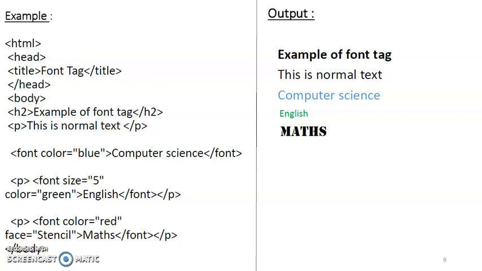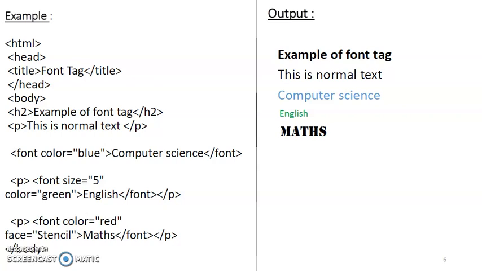After that you again mention the P tag and you have mentioned the font size with 5 and the color is green for English. You can see in the output your English text is displayed in green. After that you have a P tag and you mention the font color is equals to red and the face is stencil.